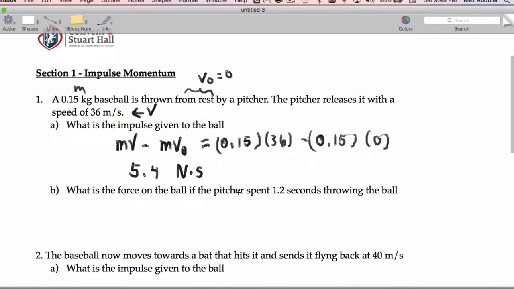Now we ask, what is the force on the ball if the pitcher spent 1.2 seconds throwing the ball? Now we can use the impulse formula, J equals F times t, where we obtained J in part A, which is the impulse. And that's going to be equal to the force times the time. So when we isolate F, we will get 4.5